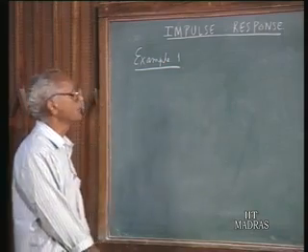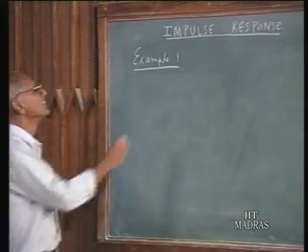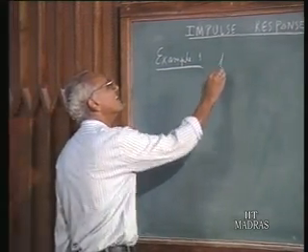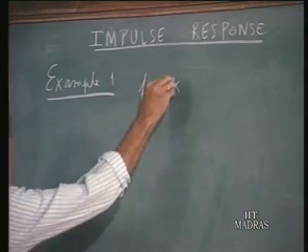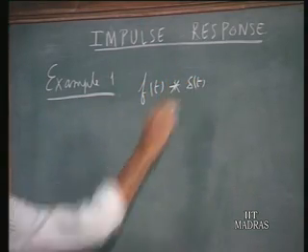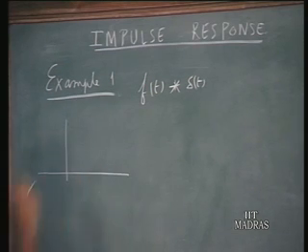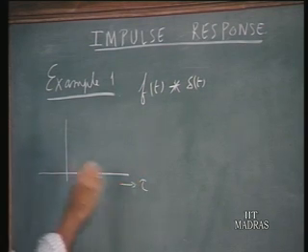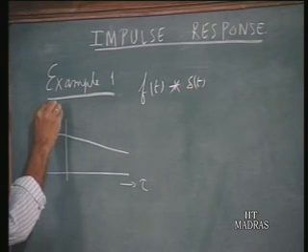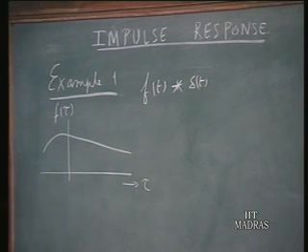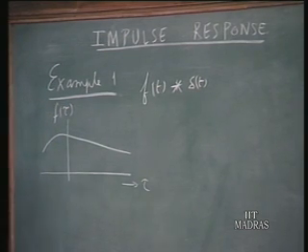Let us take an example to illustrate the idea of convolution. Let us take a general function f of t, try to convolve with delta t and see what happens. So you have two time functions, and since the final convolution is a function of time and you are doing some integration, it would be advisable for us to involve another variable, a dummy variable, which gets integrated in the process. So let me say that this is tau and this is f of tau.